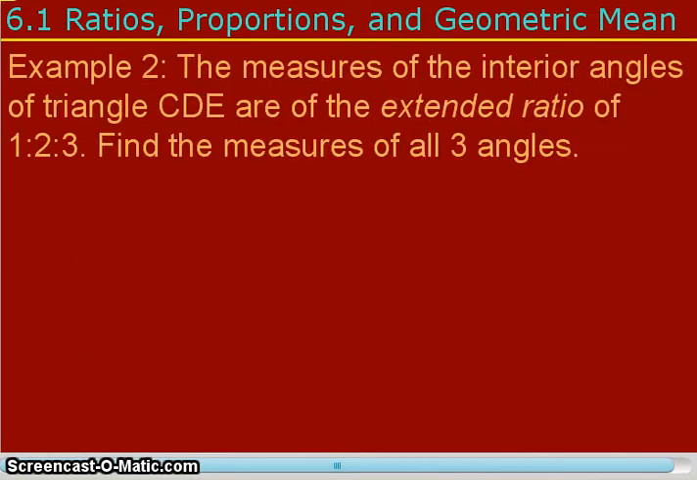Alright, let's move on. An example here says the measures of the interior angles of a triangle are in the extended ratio of 1 to 2 to 3. Find the measures of all three angles. Well, when we do this, we want to think of it as x's, like 1x to 2x to 3x. So I'm going to say 1x, plus 2x, plus 3x, since if I add the interior angles of a triangle together, that's going to equal, yes, that's right, 180 degrees. So when I set them all up,